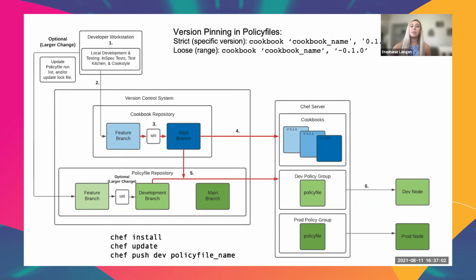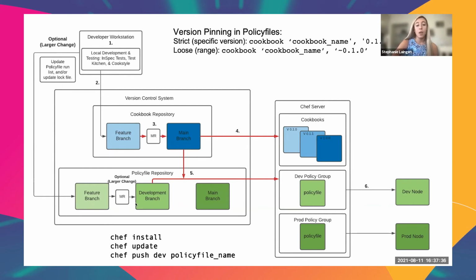But let's say something different is the case. Maybe we have strict version pinning for whatever organizational requirement we have, or maybe we need to make some sort of manual change to our policy file that's larger than just pulling in a new version. Well, the developer can also make manual changes and update the policy file, update the run list, and run these chef install and update commands on their own, just like before, push to a feature branch, and create a merge